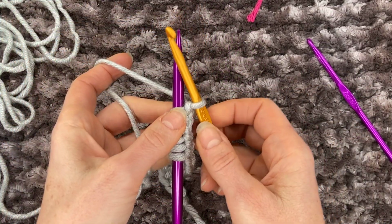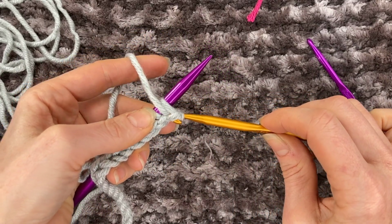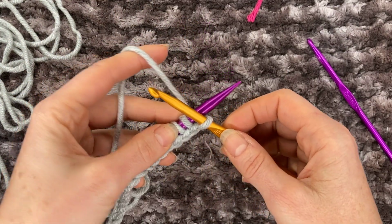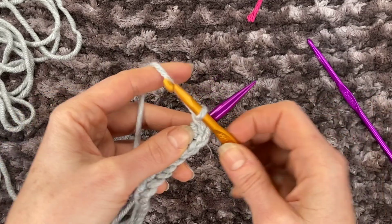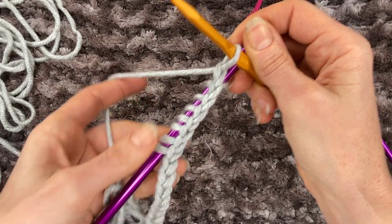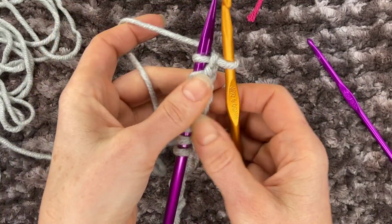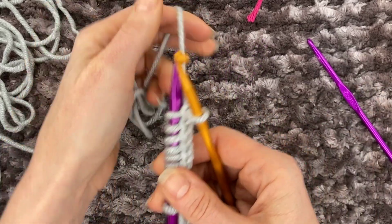Yarn to the back, yarn over, pull it straight down and through here in front of the hook. In between, yarn over, down and through. You do this for however many stitches the pattern tells you, and you complete a provisional cast on